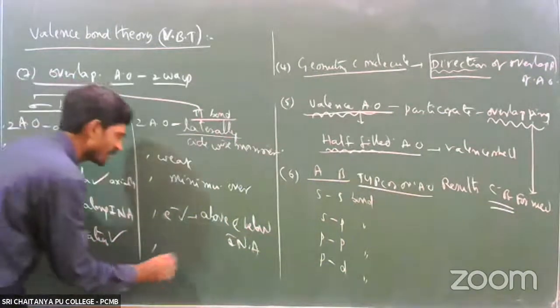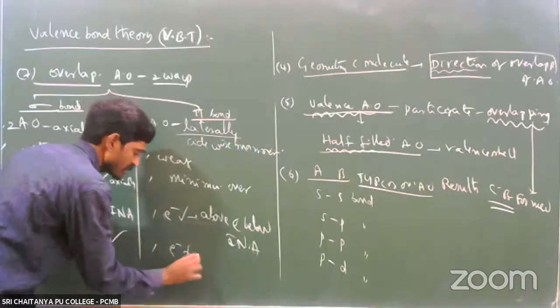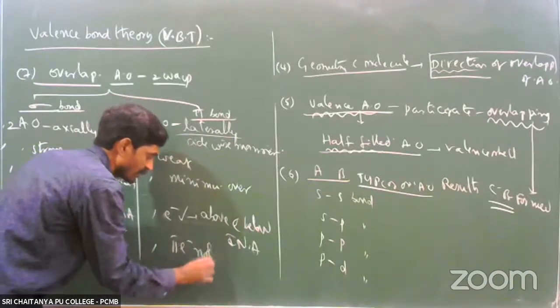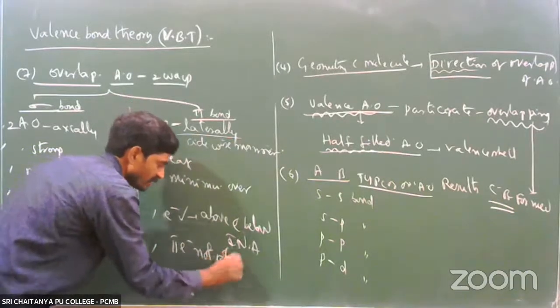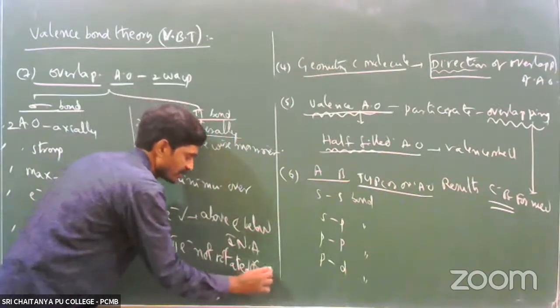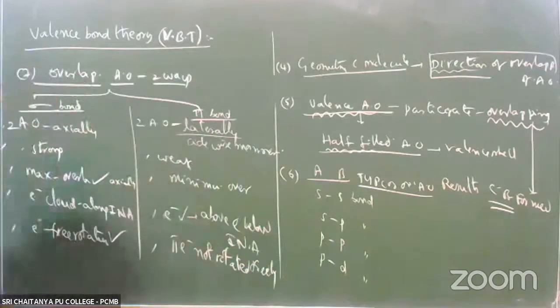But here, free rotation is not possible. That is, pi electrons are not rotated freely, because the electron cloud is above and below. Right. Next,